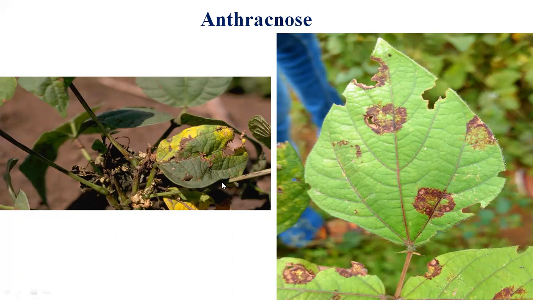So it causes infection in the same way when heavy humidity is there. You can see here the destructive effect in the form of circular, big patches. We can't call it a spot, because a spot is when it is very tiny or minute. But in the case of anthracnose, we have to call these patches. So circular reddish to brownish spots arise all over the leaf lamina.